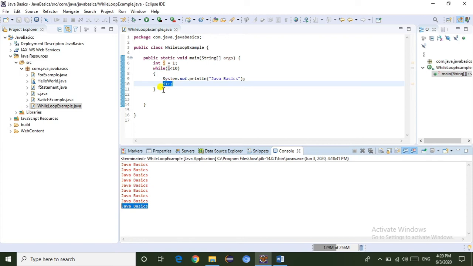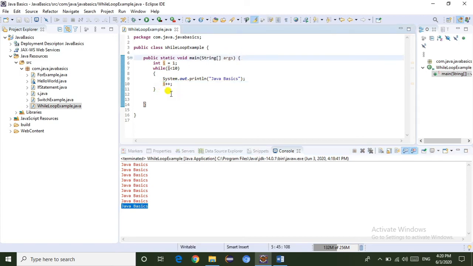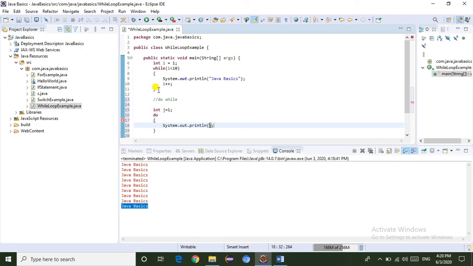Now I am going to show you the do while loop. So here I am going to write the do while loop. First, do while loop, int j equal to 1. I am going to write system.out.println. Here I am writing hello Java basics.